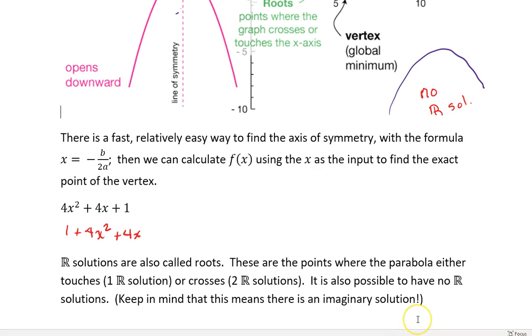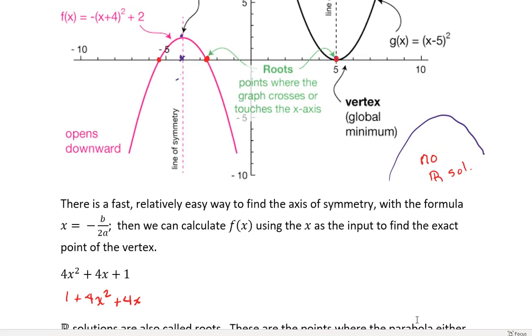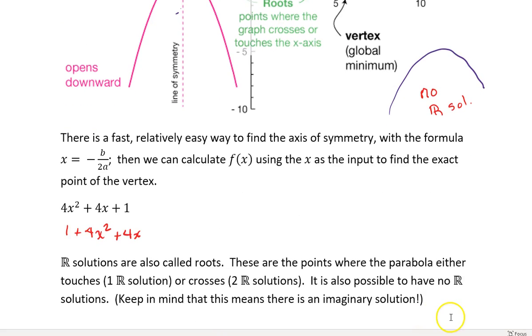So when we talk about real solutions, I talk about them as solutions, but other people may call them roots. A root is where a function of any sort crosses the x-axis. So we can see from these parabolas, we have the possibility of 2, a possibility of 1, and a possibility of none. All right, so I'm just going to quickly show you